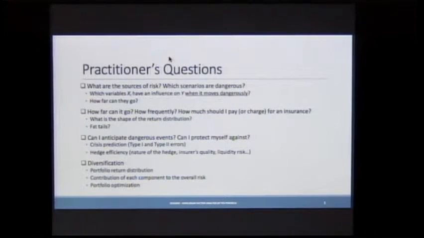Here, I'm not talking, in the previous sentence I said how far they go, I mean the risk factors. In here, how far can it go is actually the asset. So what is, in the end, the distribution? But in here again, distinguish between statistics of observed data and the future.